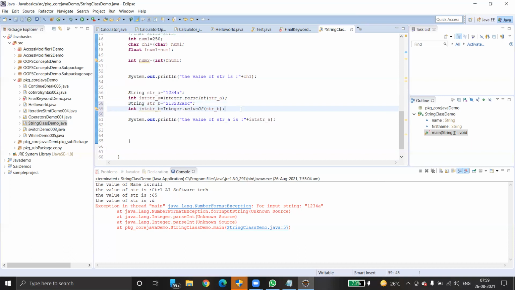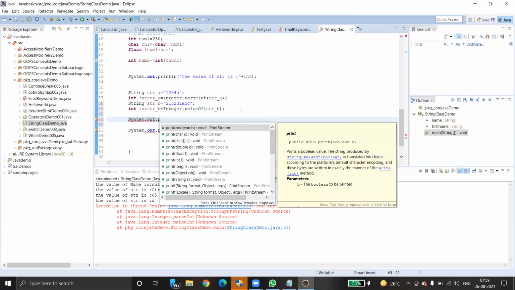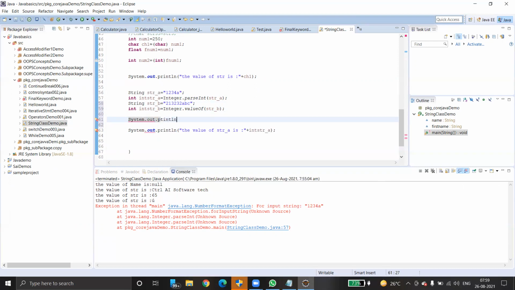That's fine. Go on, System.out.println of the value of str_b, the integer is plus int str_b. So there is no compilation error.